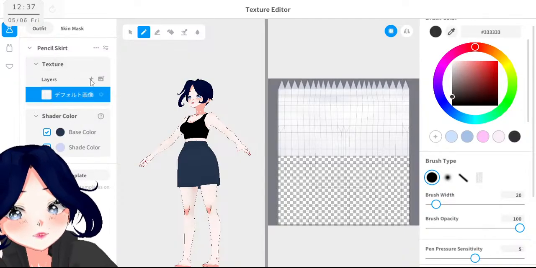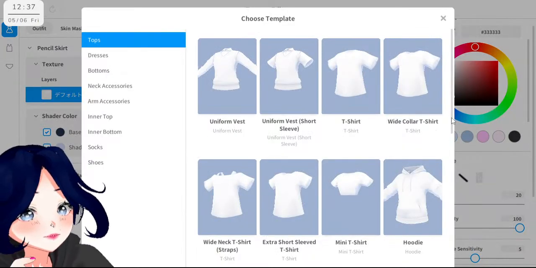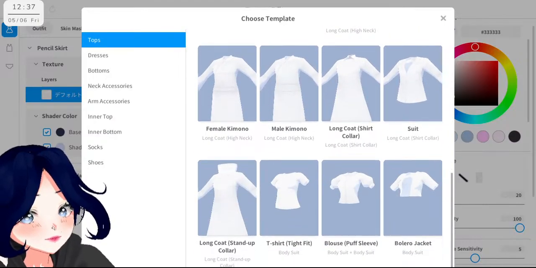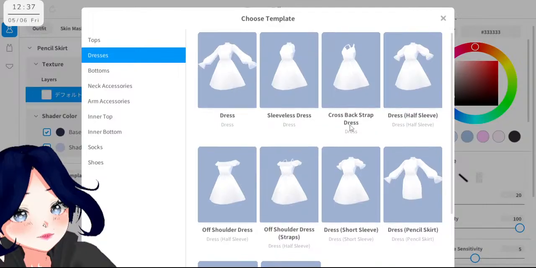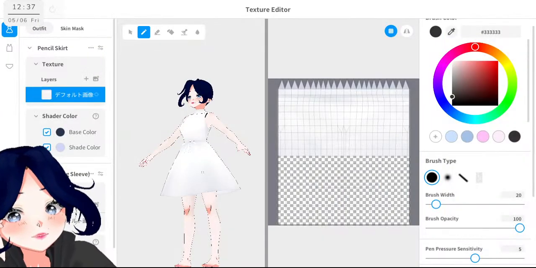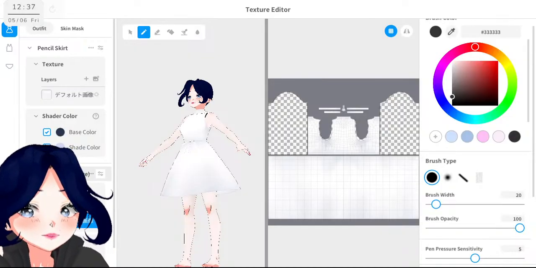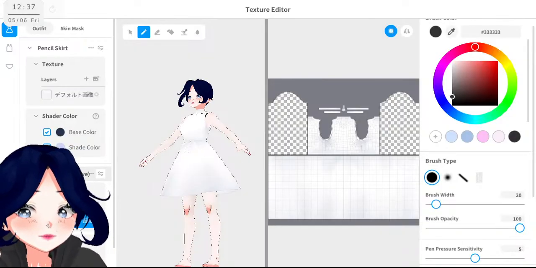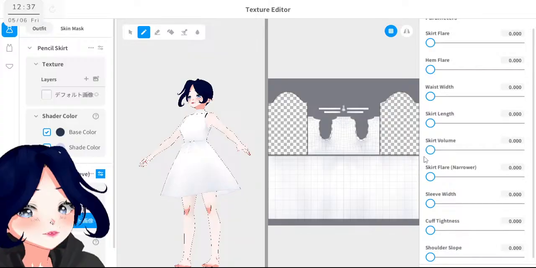And then on top of it shall be maybe a jumpsuit, because if we go to the dresses there's not really the same shape. Maybe this one. So here, can I adjust the skirt volume flare?